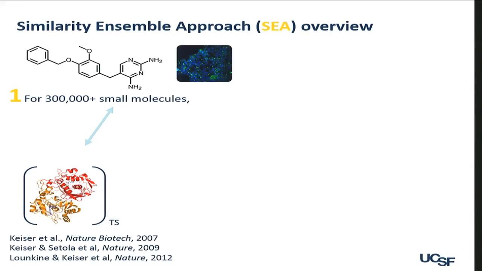And by the way, one point I'd like to emphasize before I go any further is that all 3 of these approaches we're using here with this question are general approaches. The actual work that originally led, for instance, to the similarity ensemble approach, or SEA, was really just looking at unexpected drug activities. But what we can do is look at the structure of a small molecule. Out of that 300,000, say we have one here that was active in the screen. This is not an active molecule. I'm only showing it as an example.